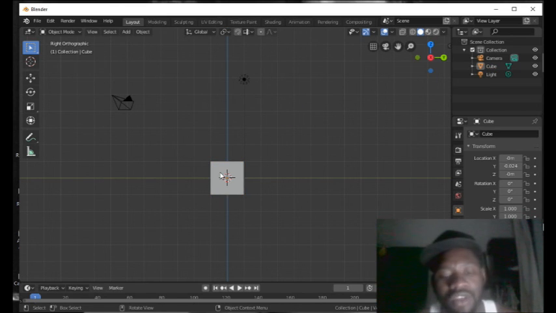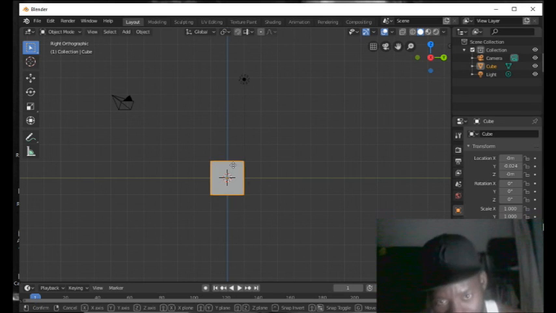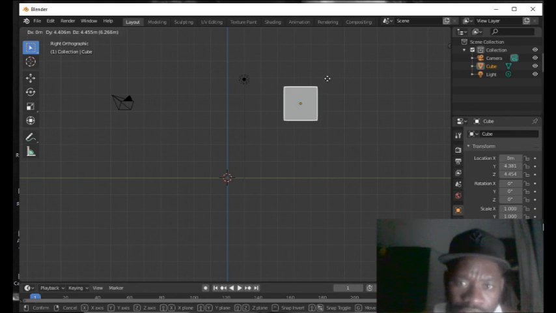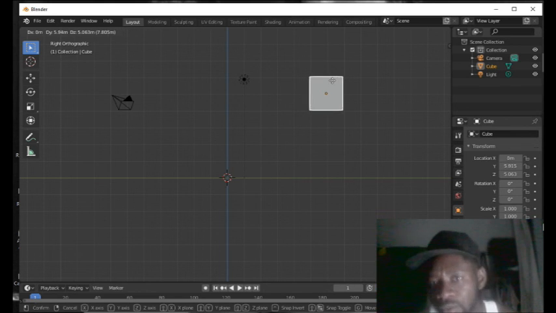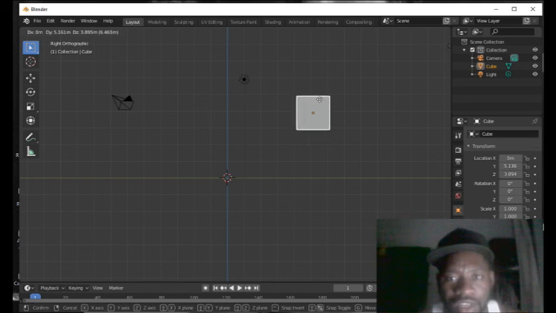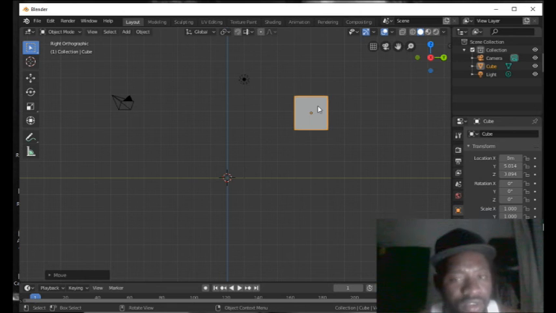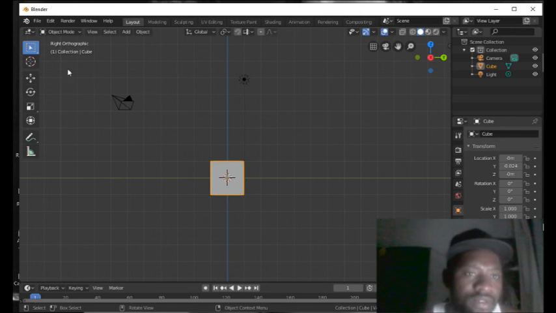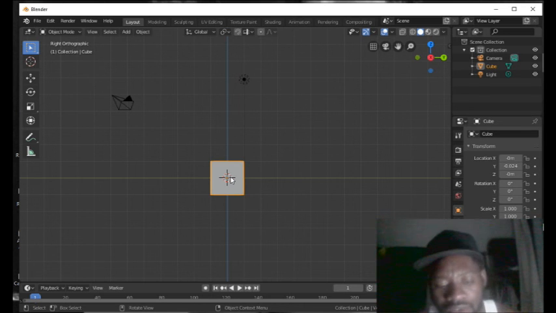Now if you have to move an object, you select the object, press G on the keyboard, and move the object. If you are not pleased with where you want the object to be, you right click, and the object goes back to the origin. But if you move the object and left click, it stays where you put it. Ctrl Z to go back. Now we can easily work with our object. We have a cube here, and since we want to design something like a teacup, we do not basically need a cube, so we can delete this cube by just pressing